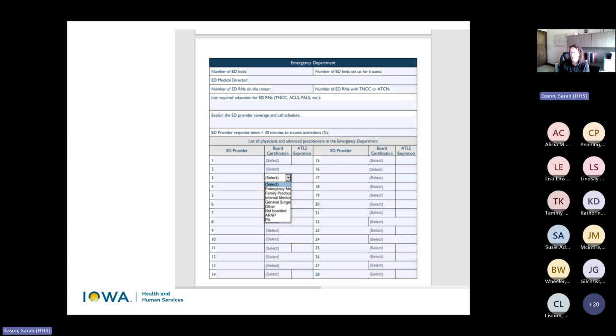We do expect that to be coming as a requirement for level 4 TMDs, that they will have ATLS. I'm not sure if it's going to be the exception with the EM boarded, to be determined yet, but know the reason why I say this: there are situations in the state where one, they're the trauma medical director, 2, they are not taking care of patients in the emergency department, and 3, they are boarded in family practice. We have had that happen, whereas, well, I don't even take care of patients anymore. Why do I need ATLS, even though I'm boarded in family practice? My question back would be, why are you the trauma medical director?